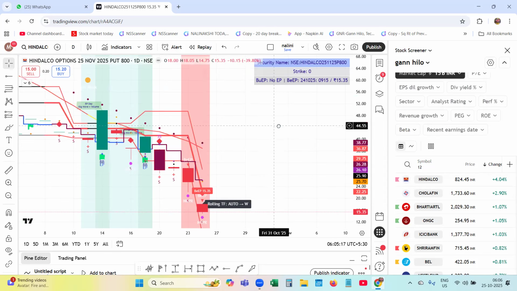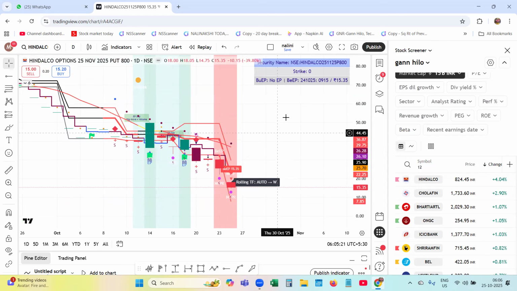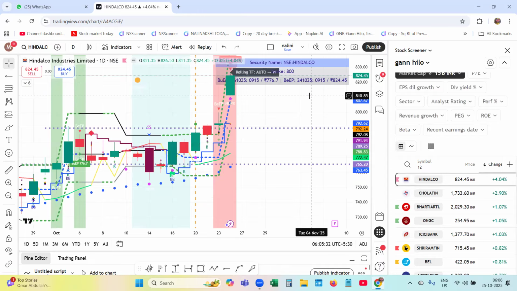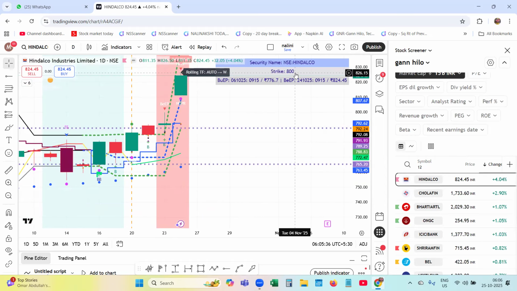Let us see what is happening over there. 800 put option, still it is bearish. No signal has been generated. That's why strike is 0. It doesn't give you any strike over here. If I go there, yeah, it is giving the strike, 800 put option. Let us go back to the 800 put option